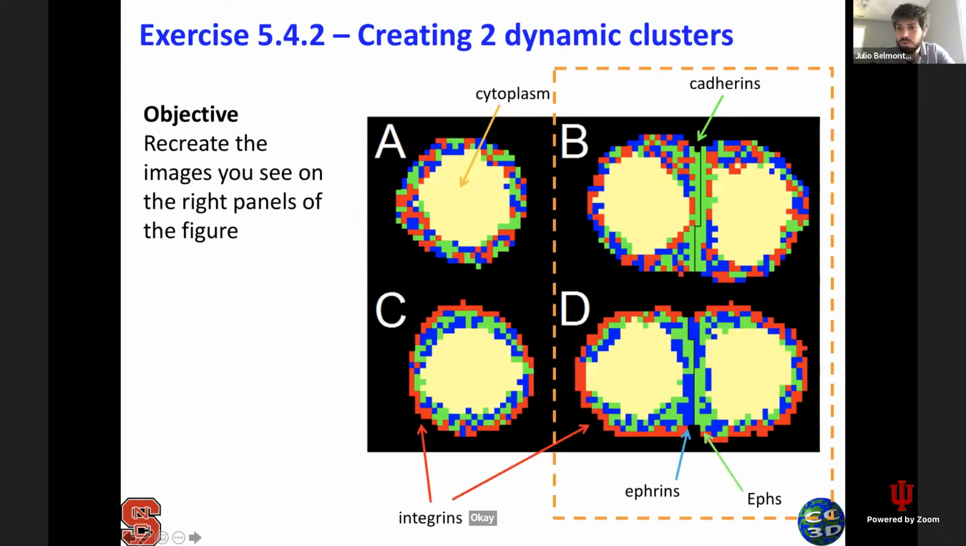Okay, so let's proceed to the next exercise, which is to try to create now 2 cells and reproduce the image that you see here on the right panels. Here you already have some kind of interpretation of what might be going on. Here are 2 cells with all the green compartments sorted towards their interface, so that can be some homotypic cadherin interaction. And here on the bottom you have both the integrins sorting out, and some kind of Frin and Fs